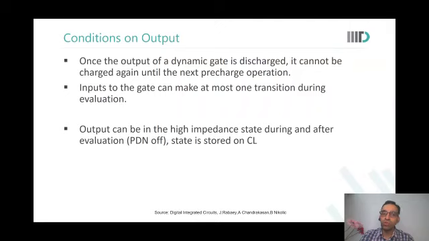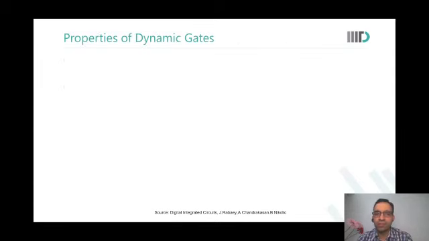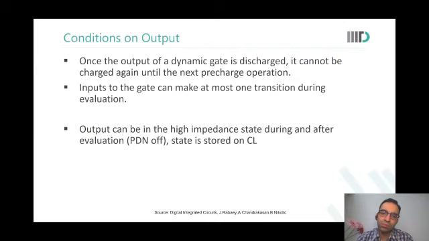So we don't want to keep it floating. We have to somehow not keep it floating. That is a challenge that we as designers have. So what do you think we can do? We did something in the static gates. What can we do? We had the signals Vx going to VDD minus VT or something like that. To connect it to VDD, we added something. What did we do?